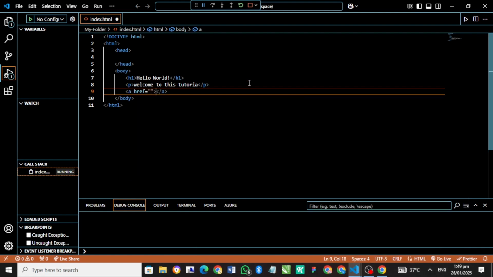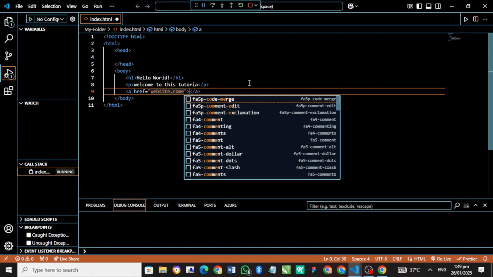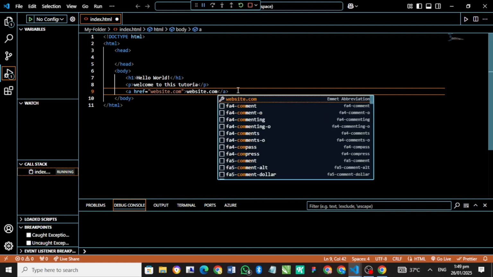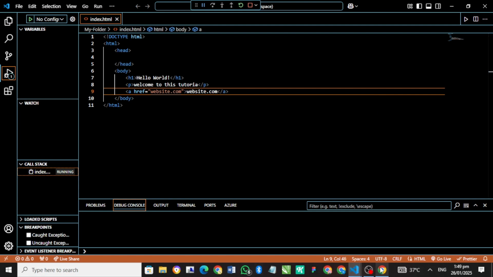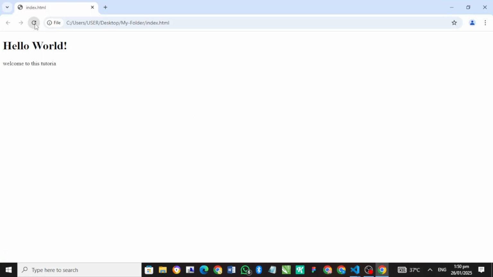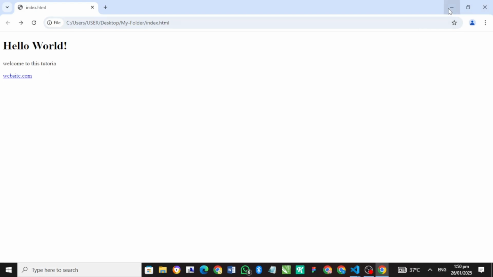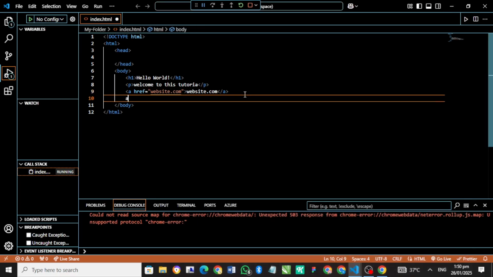So let's create a link. We add just any link here, website.com. But if you want to create a normal link that will take you to the main website that you want, you will add http, https:// the website, but this is just an example. So you can see our link. If you click it, it's supposed to take you to another website, but because the link does not have http,